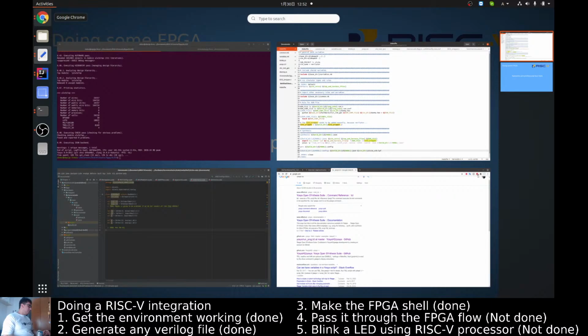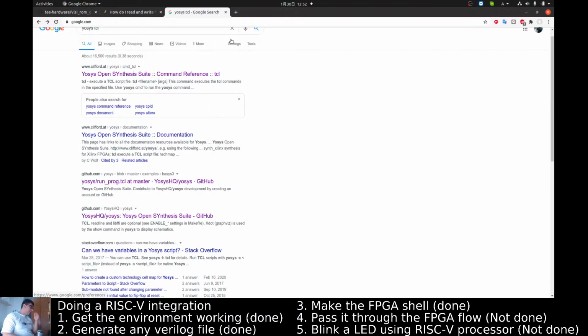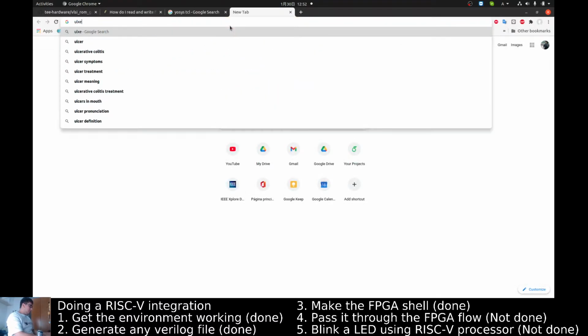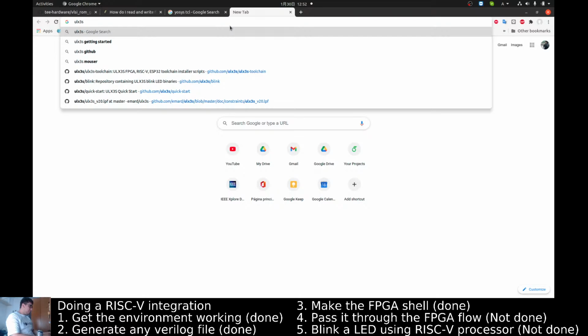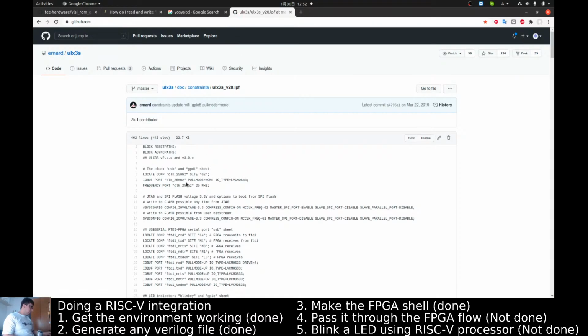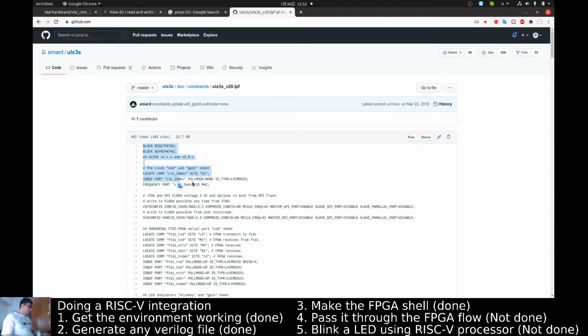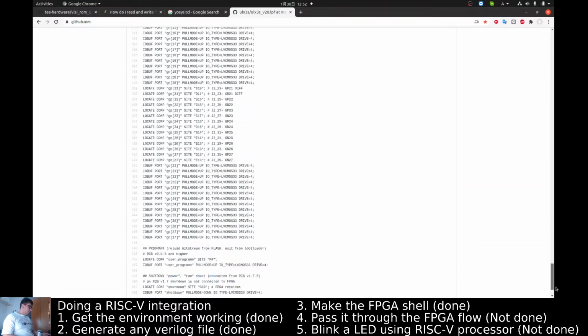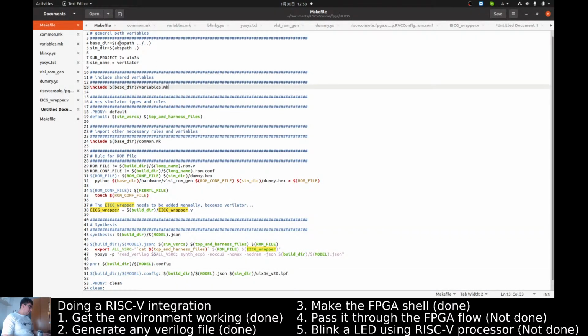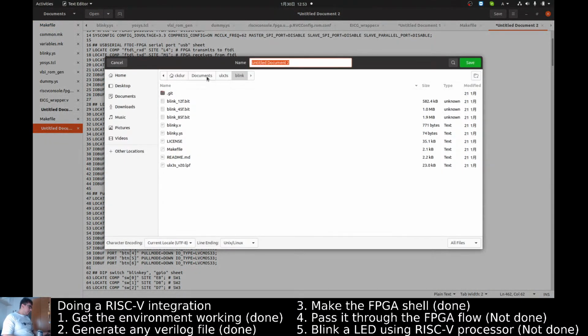Now I need that LPF file, and I know that I had it around, but I totally closed all my stuff the other time. I need an LPF file. Where can I get an LPF file? Maybe in the ULX3S GitHub. Ah, look, I have it there. This is from the actual ULX3S file, the constraints. We can just put everything here, everything about this. I will just copy it and paste it and put it inside of the